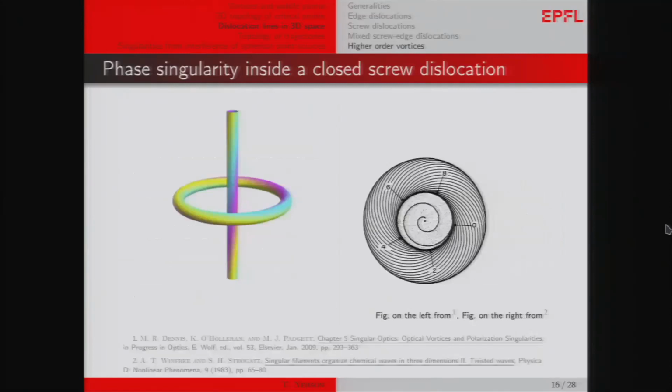And those screw dislocations present some interesting features. So here you have a screw dislocation loop, so a closed dislocation line. We can see the phase here in the color, and it goes from -pi to pi. It is what we can call the topological current. So we can say a topological current of 1, which is a generalization of the topological charge in 3D. So 1 because it goes from -pi to pi when you do a round revolution around this